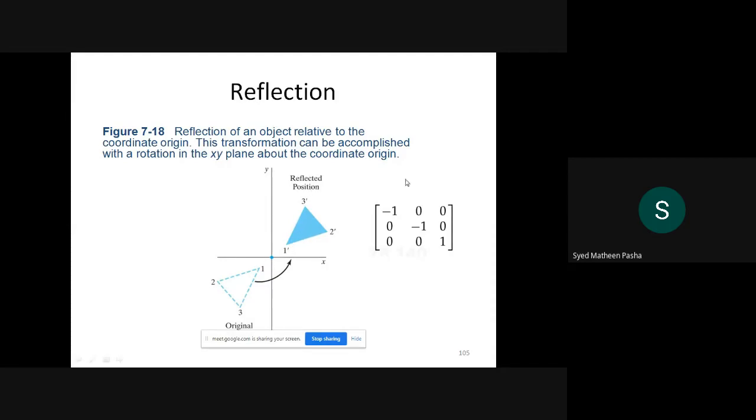So how can this be defined in matrix representation? I can define this with -1 on the diagonal, and in the second coordinate -1, because you are using different coordinates for the position of the reflected object. I'll be getting both with a negative sign there. So these are some of the examples of the